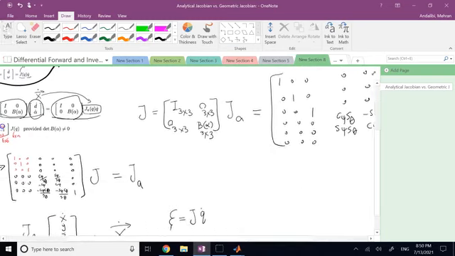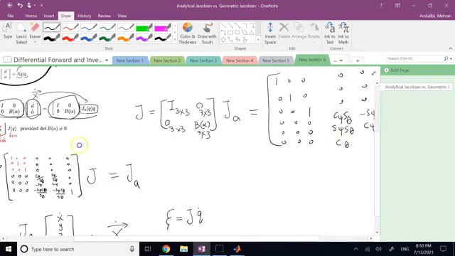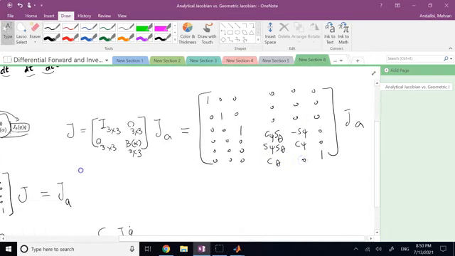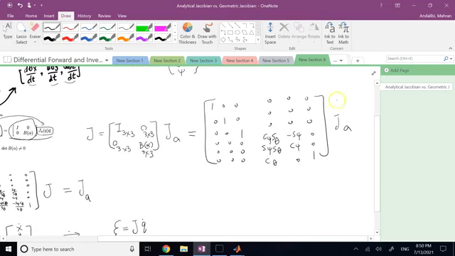And then we have cosine theta 0 and 1. So if you have the analytic Jacobian, you multiply by this matrix, that will give you the geometric Jacobian,